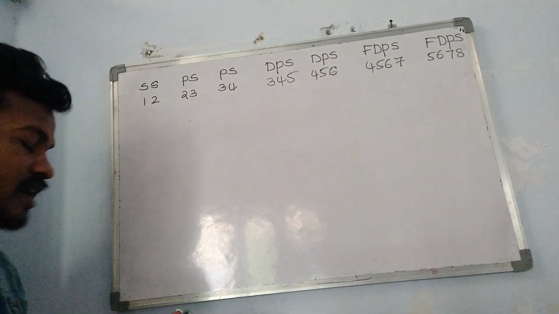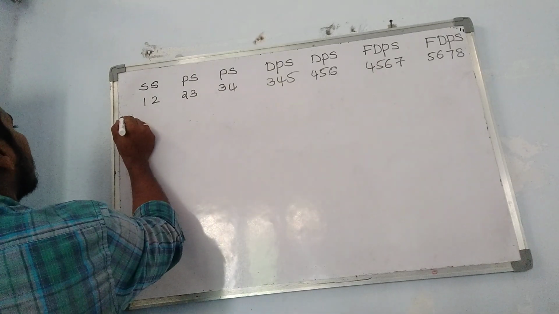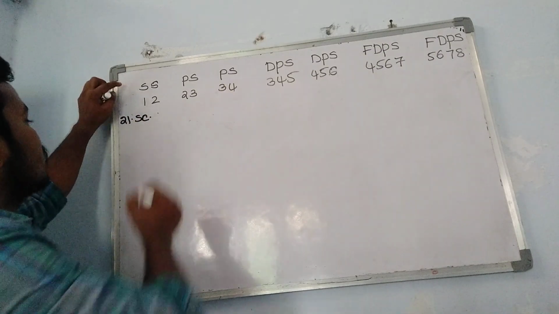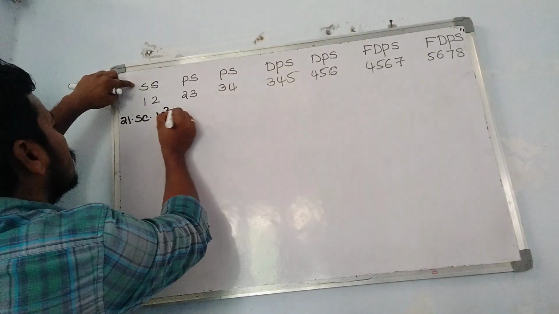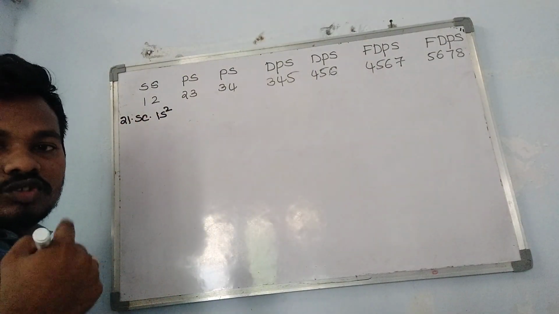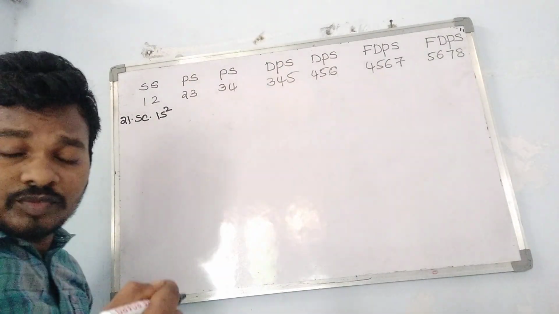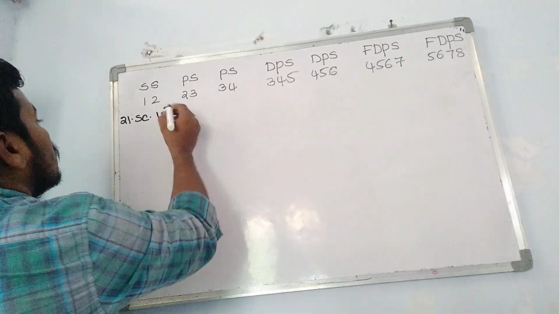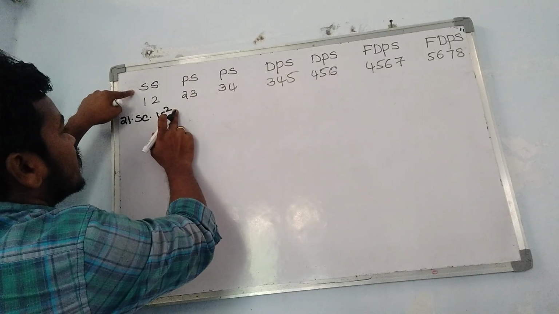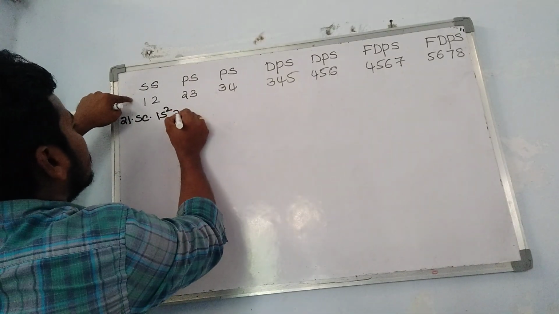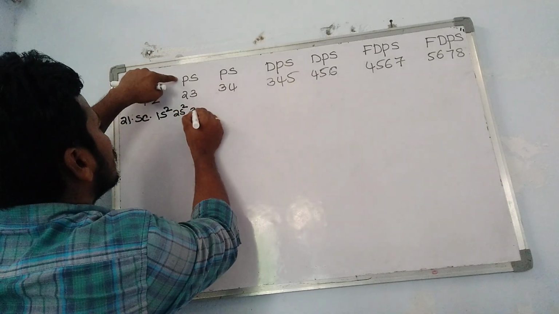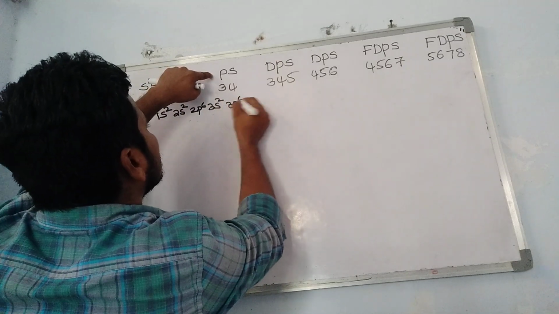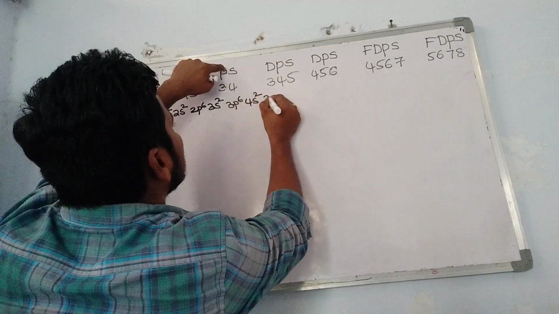See here, I will write with the help of an example element. For example, I am taking 21, scandium. So the electronic configuration is 1s2. We already know that the s orbital has a capacity of 2 electrons, p orbital 6 electrons, d 10 electrons, and f 14 electrons. Whatever number I write indicates the electron number. Next 2s2, 2p6, 3s2, 3p6, 4s2, 3d1.